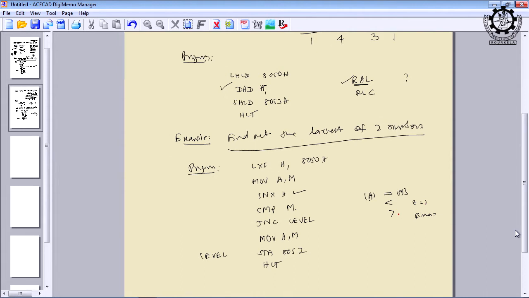Whenever the carry flag is set, you can know that the accumulator is lesser than the memory location content. So, LXI H 8050, memory content to accumulator, then INX H. When you compare, A is less than M, then the carry flag will be set to 1, and if the carry is generated, then which is bigger? Memory content is bigger, that is the largest. So, that will be available in the accumulator, and store the accumulator value, the largest value, in the memory location